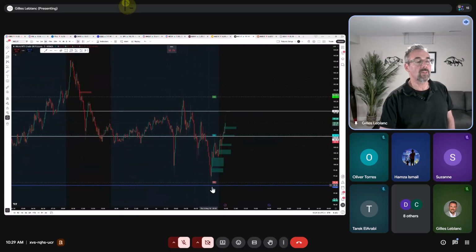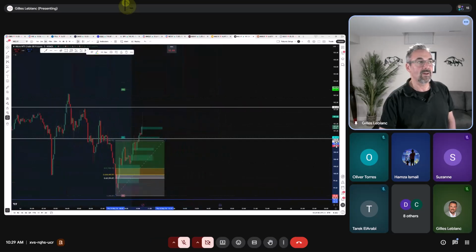Oil, I'm seeing nothing here. This is just an area of chop. I like that there was room to the left from the low. So had I been looking at this from pre-market to this high over here, once the market opened, where did it come? Where did it come to?